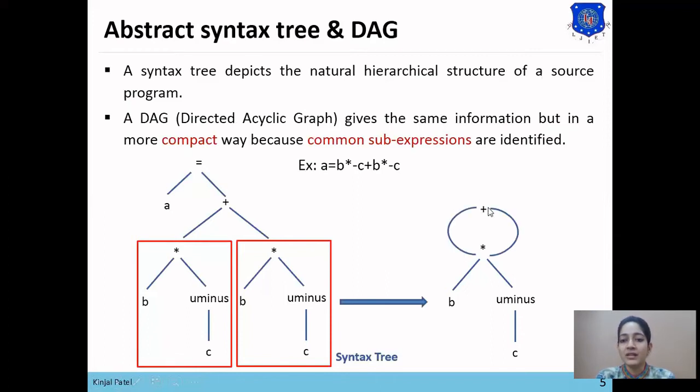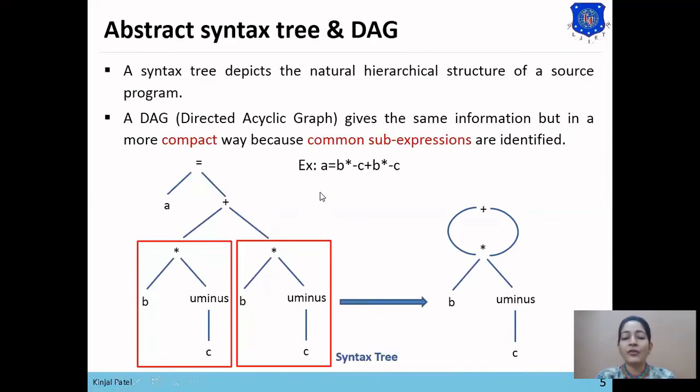Now this plus is used to add the B star minus C with B star minus C. As B star minus C has already been constructed, its left child and right child will be the same sub-expression. So here in the DAG we haven't constructed this B star minus C again.